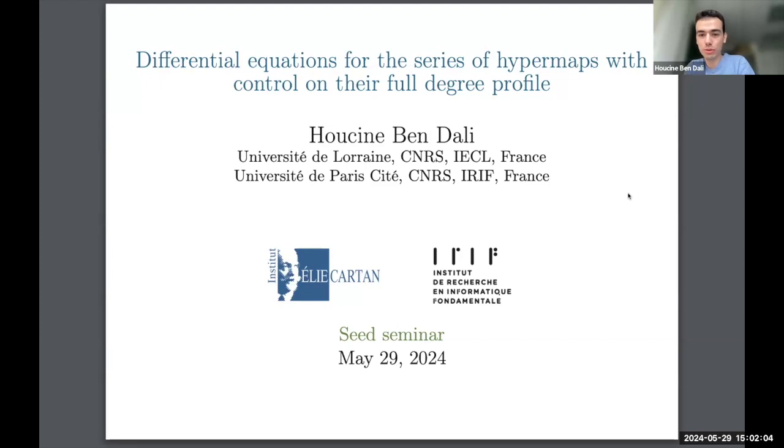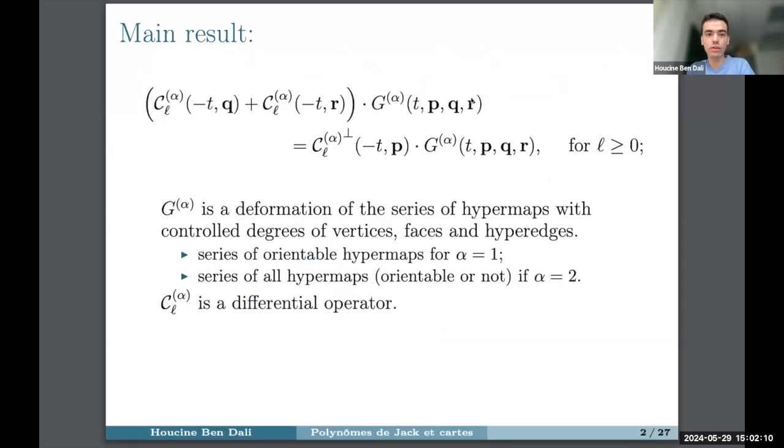Thank you, Ariane, for the presentation and for the opportunity to give this talk. I will talk about the differential equations of a one-parameter deformation of the series of hypermaps in which we control the degrees of vertices, faces, and hyperedges. This is what the equations look like, and I will try to explain the different objects which